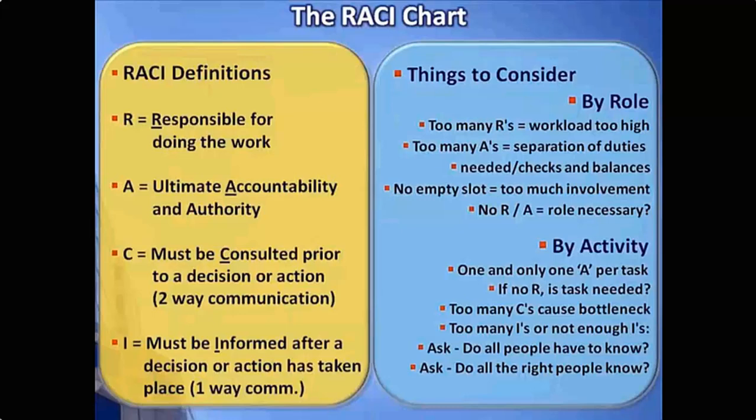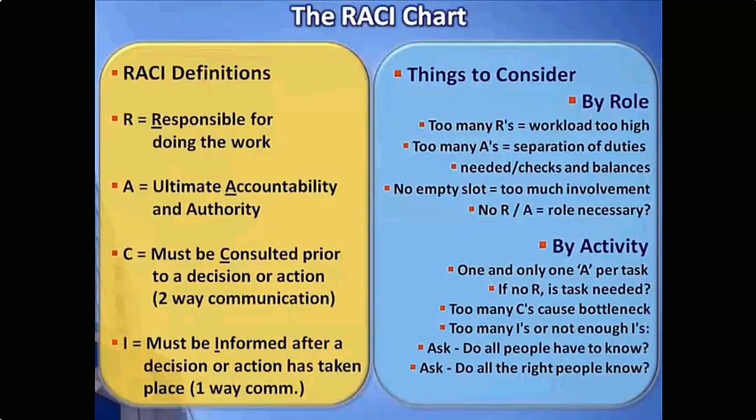So in other words, that may indicate that the workload for this particular ITIL process area is just way too high. Too many A's. If we have too many A's, that means there's going to be confusion and separation around ownership of different types of tasks and responsibilities and processes. Typically, the rule with RACI is you should have one A for each area. When you start to have more than one A, that's typically a sign that there's a lot of finger pointing